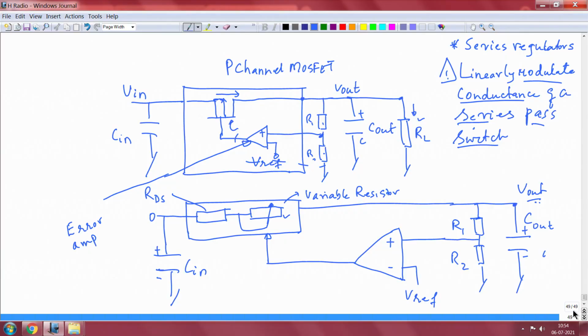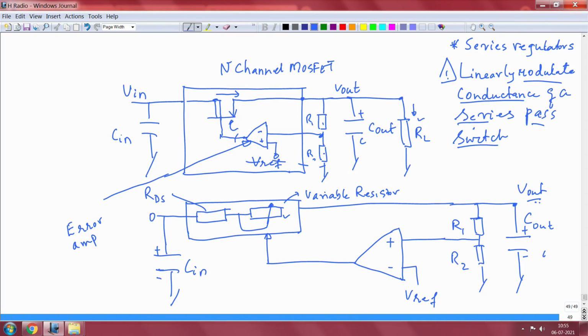In its essence, it is just this one circuit which you have to remember well, and it is most logical also, as you can see here. Very importantly, I have shown a P channel MOSFET. You may ask now, can I make an N channel MOSFET series pass? Yes, of course you can. If you make this N, this arrow will change and point in. One other change you have to make is here: this will now go to minus and this Vref will get a plus, that is all.